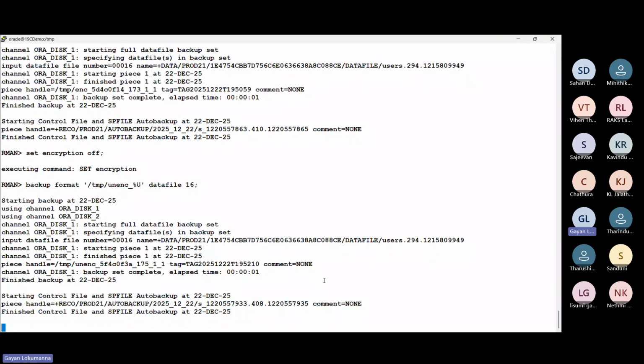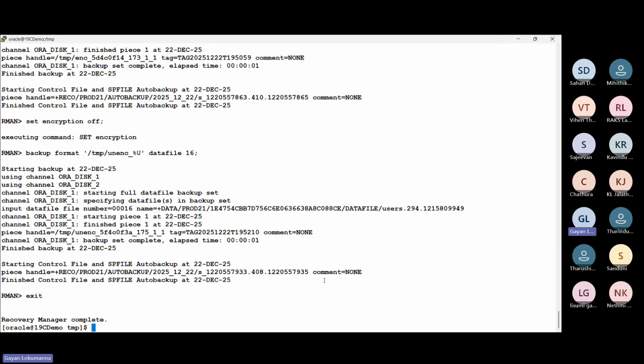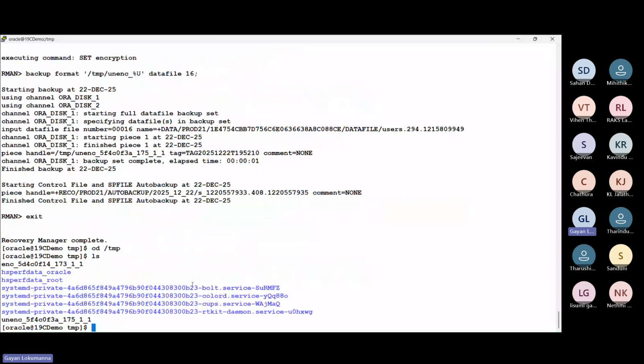Okay, so we go to cd tmp and observe the two files. We have the enc and unencrypted file as well. So let's try one. First we'll try with the strings command, which is available in Linux to read string values or text values from a file. So I use this against my unencrypted file